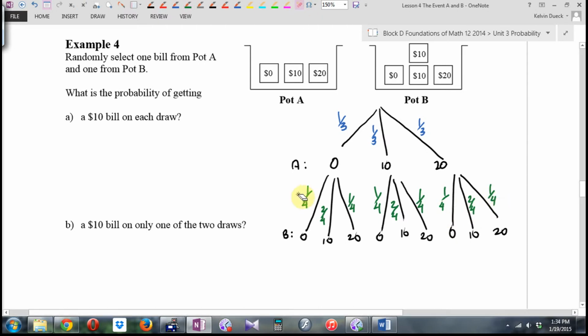Now, what do you notice about these 3 branches, these 3 branches, and these 3 branches? They're independent then. That's how I can tell. What happened on the first row had no effect on what happened on the second row. That to me, Darian, is the best visual description of independence that I can spot easily. The mathematical ones are much more complicated, but that screams out to me, oh yeah, it didn't matter which branch